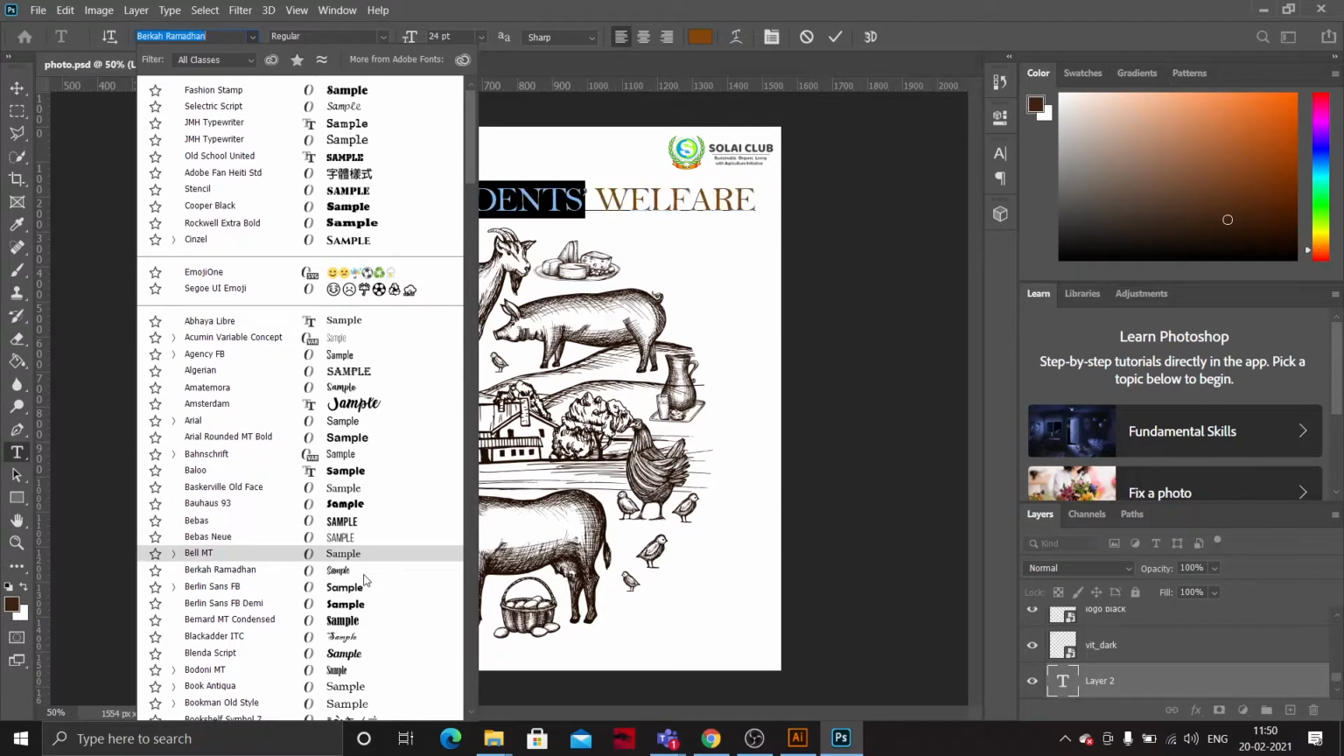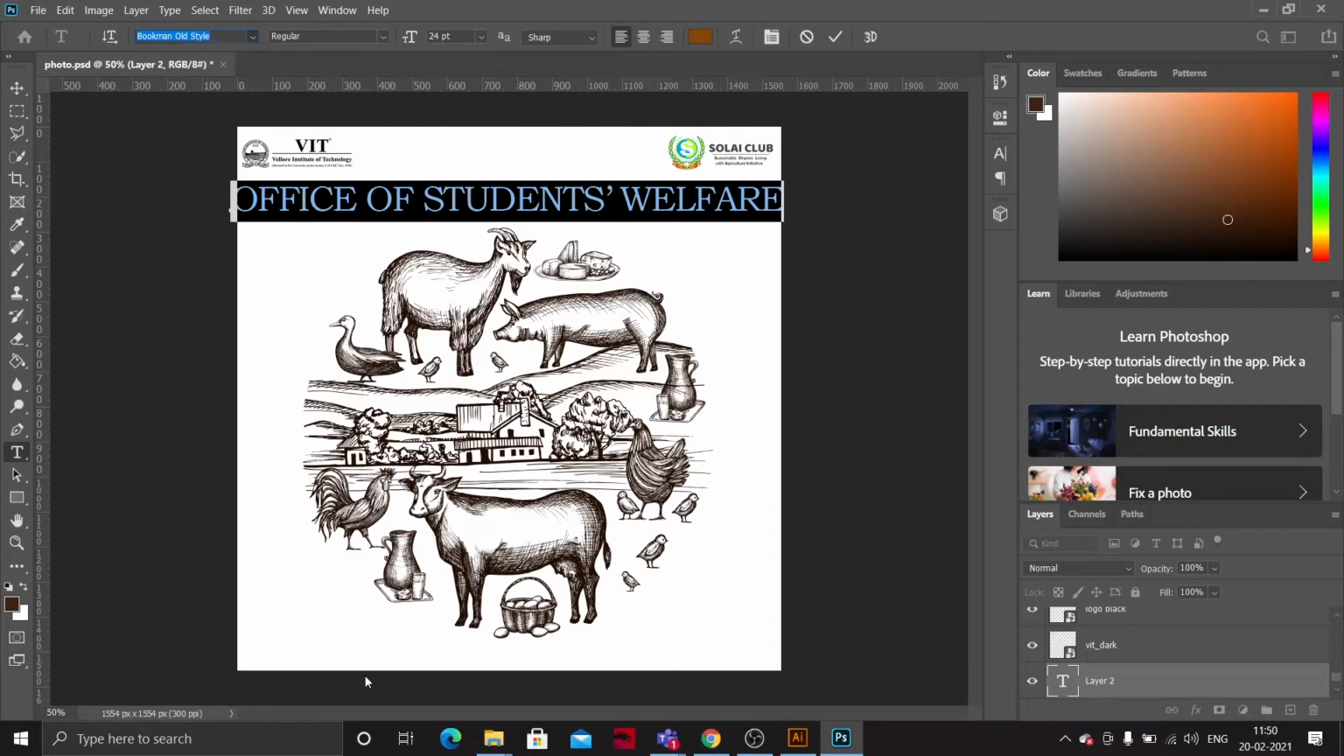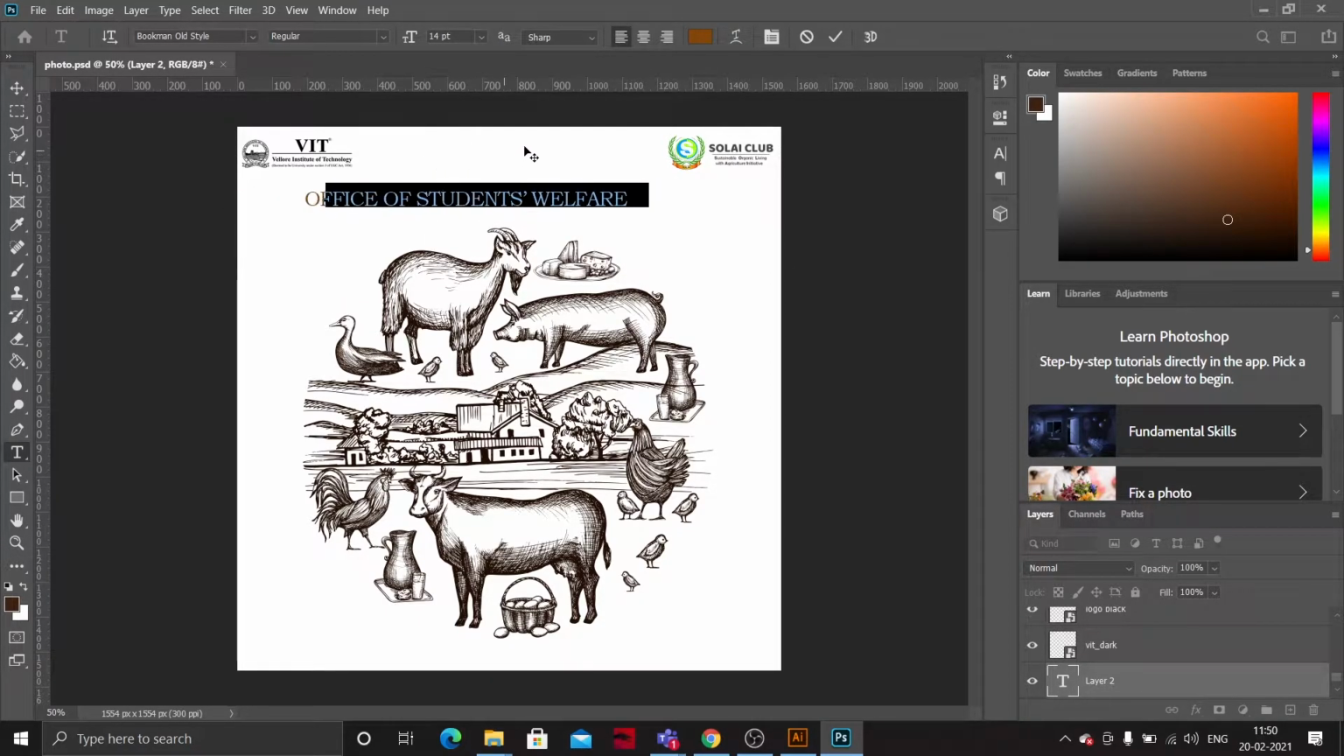Let us see here. Okay, let's take this and decrease the font. Now what's the basic thing next? The next step is adding our club text. Now our club text should be much bigger than the Office of Students one, and it should be attractive, meaning the text color should be more